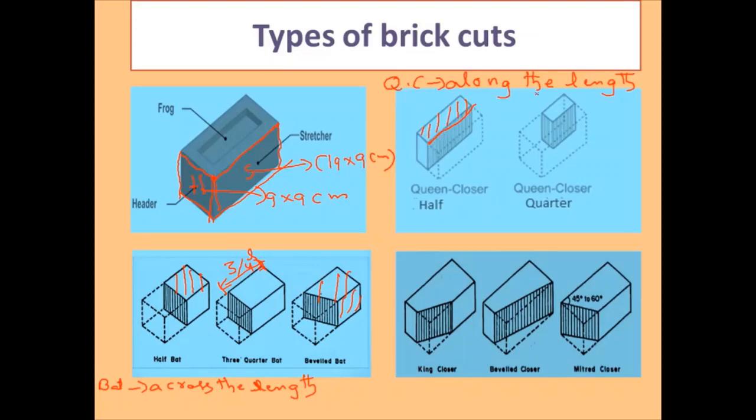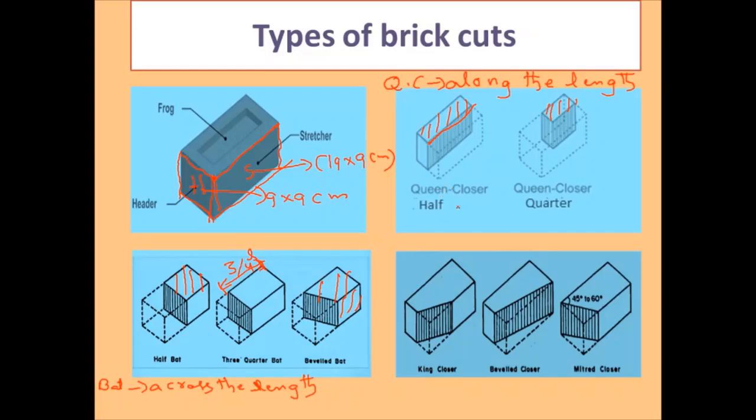So queen closure is obtained by making a cut along the length, and if you make another cut here, then you will obtain the brick portion like this. This portion of the brick is called queen closure quarter,